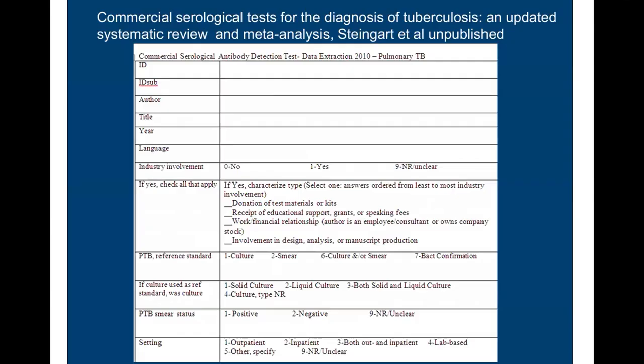So this is an example of a data extraction form. Here you can see this is a DTA meta-analysis or DTA review, that is, diagnostic test accuracy. Here you can see the ID, then the sub-ID, then author, title, year, language, industry involvement, then the PTB reference standard, what the reference standard was. And last you can see the setting. So all this data